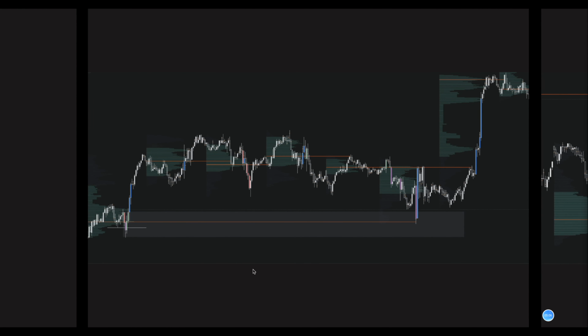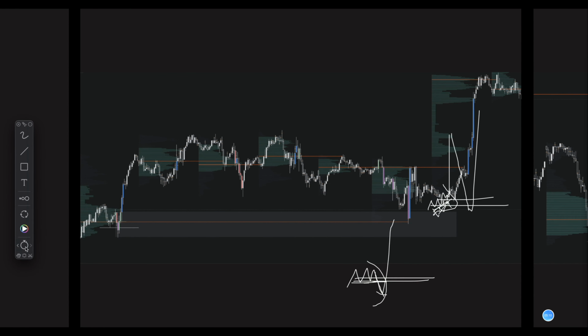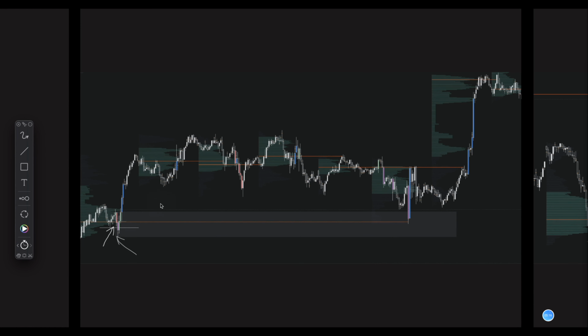I showed you this before already, but this is the kind of example of a perfect level where you have these red and purple candles, which are signals of high relative selling into the level. You have a point of control for this candle at the bottom, so this is the cleanest kind of flushing of a local level of support